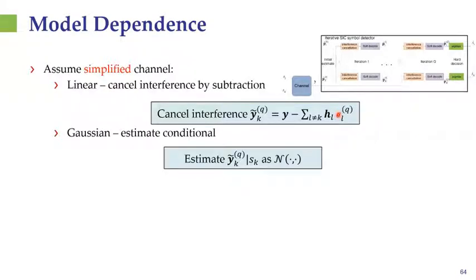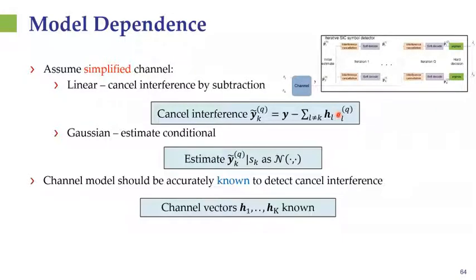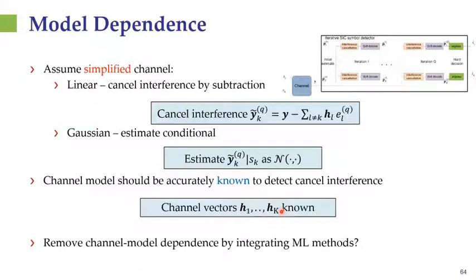Furthermore, the channel noise has to be Gaussian. Not only Gaussian, it has to be white Gaussian. And the channel parameters, namely the channel vectors, must be accurately known as they are repeatedly used throughout the algorithm. Now, if you have some uncertainty, the performance is expected to deteriorate, motivating us to look into channel model independent